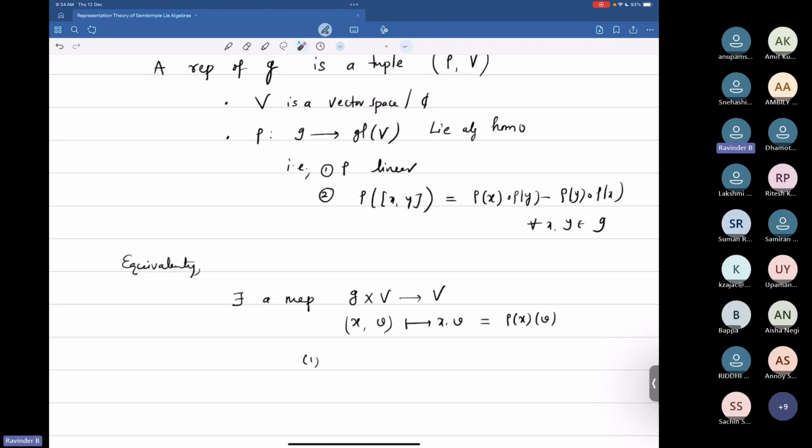If you fix x, that tells you it is a linear map from V to V, so this map should be linear in the second coordinate. That is called a bilinear map. And the last property we need is this. It tells you that if you act with this, it is the same thing as